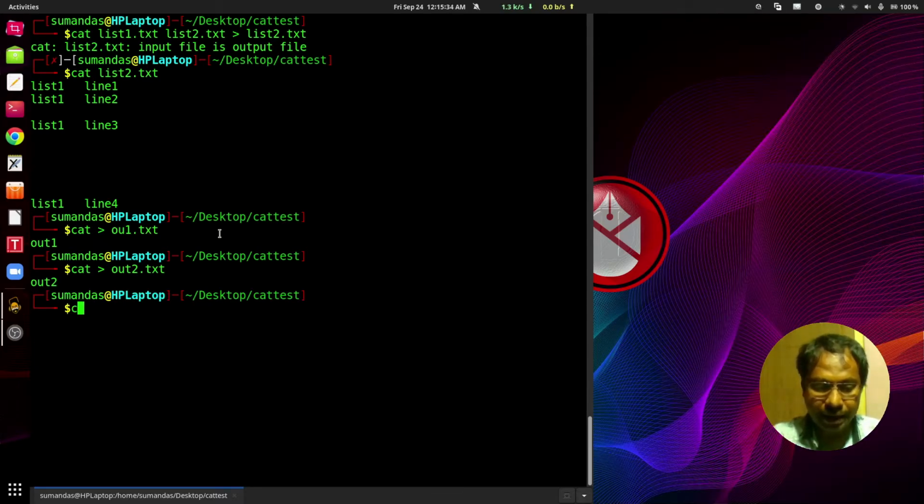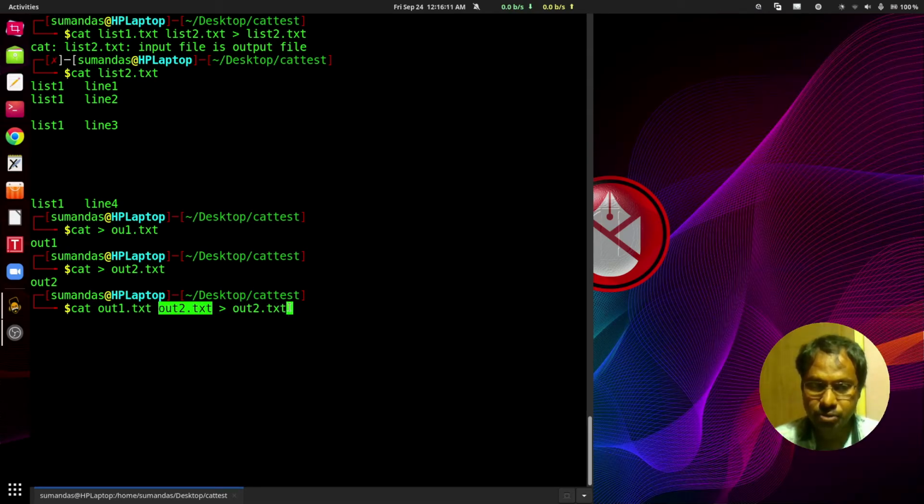So if we type the command here, that is out1.txt then out2.txt, then redirect it to the out1.txt, what should happen? The content of the out1.txt would be in the out2.txt, but the content of the out2.txt would not be redirected to the out2.txt.